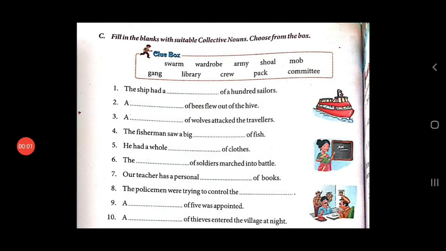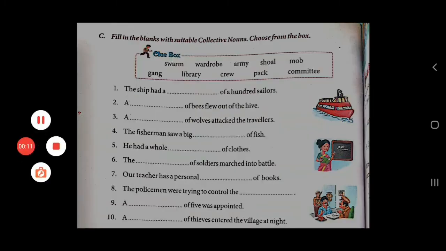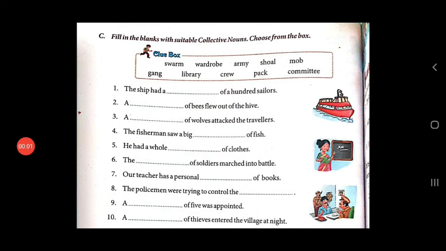Now question number C on page number 22. Fill in the blanks with suitable collective nouns. Choose from the box. Now here, children, first of all you have to read the sentences, and then from the clue box you have to choose the appropriate collective noun and fill in the blank. Understood? First one is,